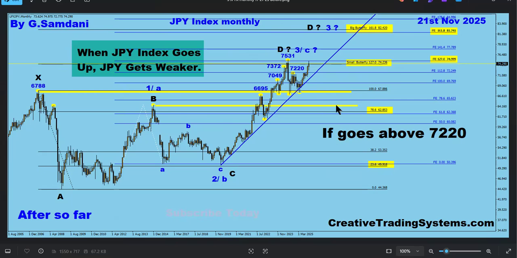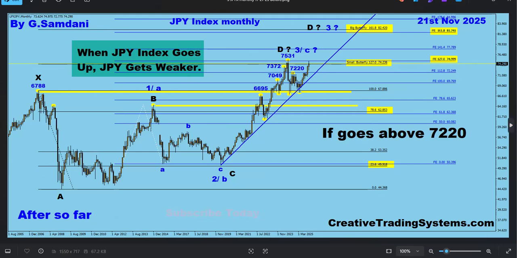If for any reason the Bank of Japan intervention doesn't happen, then we might just continue going to the upside and take out this high. If we take out this high, then we are going to this area, right? And what will happen basically, when the yen index is going to the upside, all yen pairs will go to the upside as well, right? Yen gets weaker, and yen is always on the right hand side.